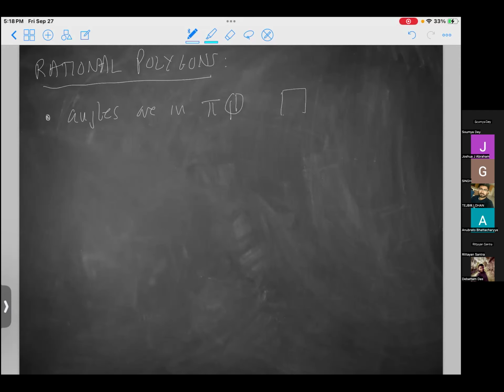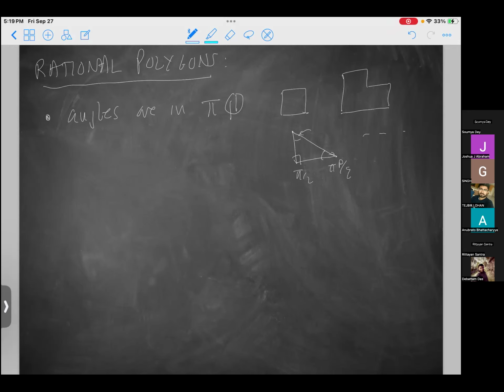So for instance, you could have something like a square or an L shape. I'm not insisting that my polygon be convex. You could take maybe a nice right triangle with some 45, 45, or different kinds of nice right triangles with rational angles. You could take 30, 60, 90. So this is pi over 2, maybe this is pi over q, and then whatever this has to be left over,